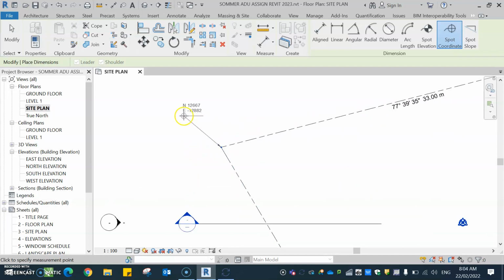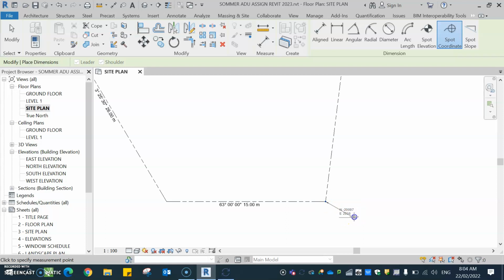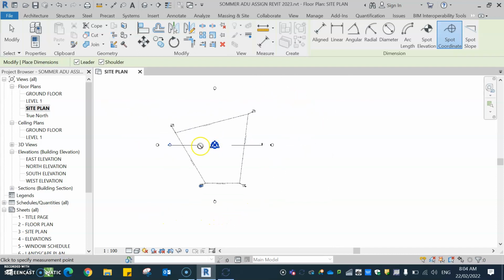Click on it, double click. And it's as easy as that, and all of a sudden you've got this wonderful looking